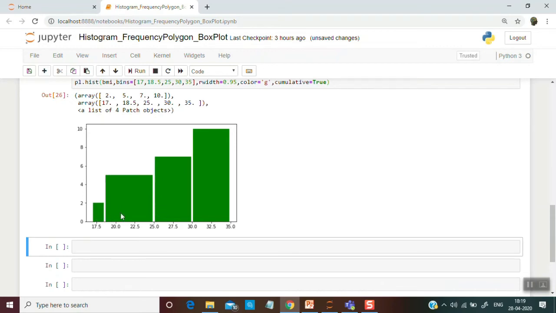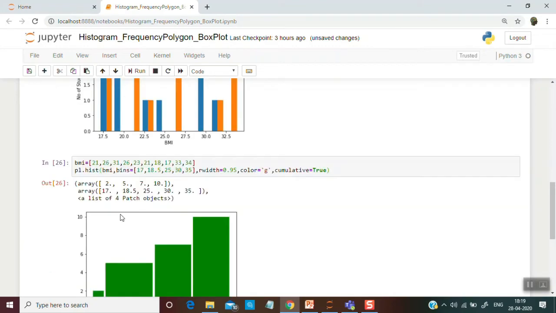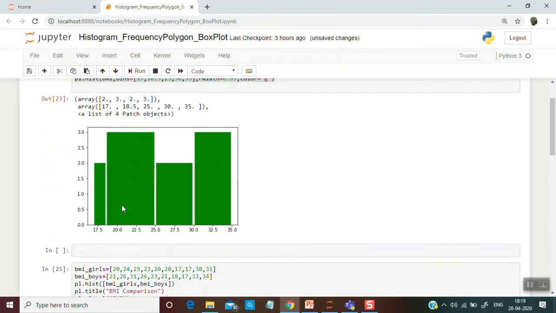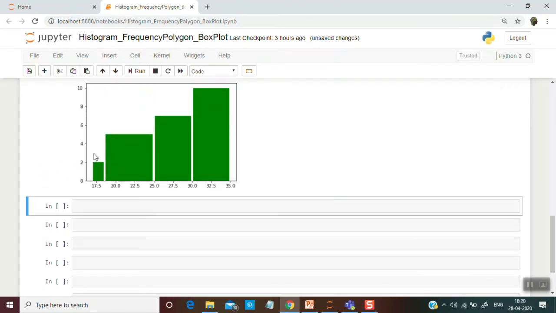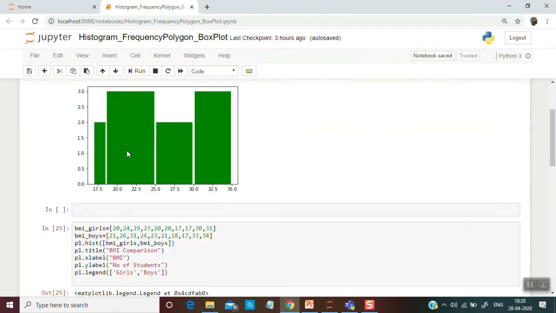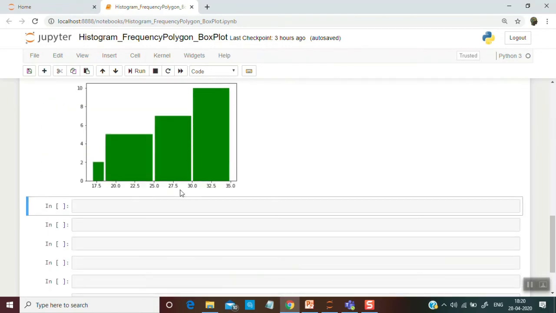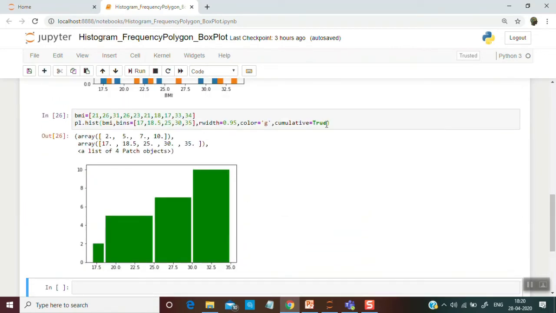That means previously when we mapped it like this, our map was something like this, in which we had 2 and then 3. Okay, so now if you compare, we have 2 and then 5. After 5 we have 7. So if you see here 2, 3 and 2, so it was 7. So accumulation is done, right?